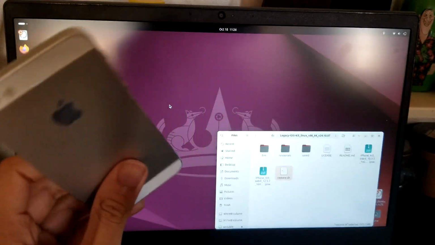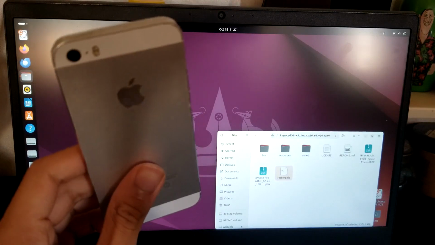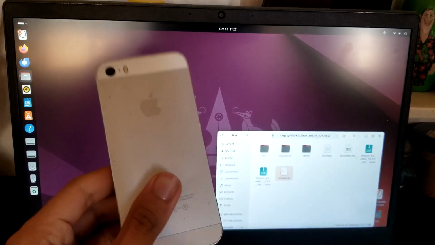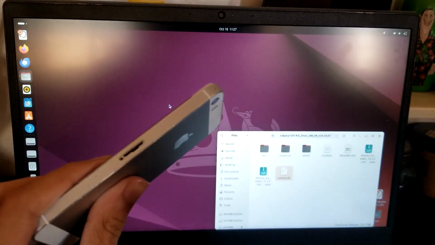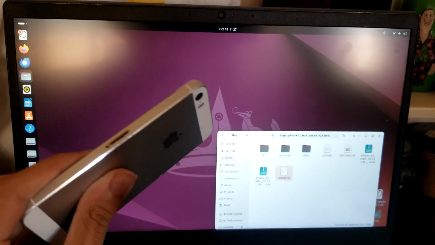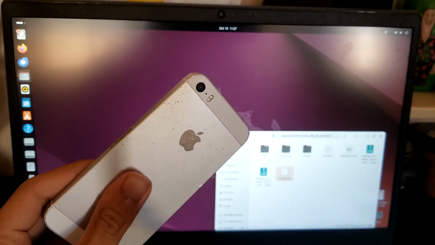You need a fancy bootable stuff, but this is the sad ending. I don't know if I'm even gonna bother with this iPhone, honestly. So yeah,